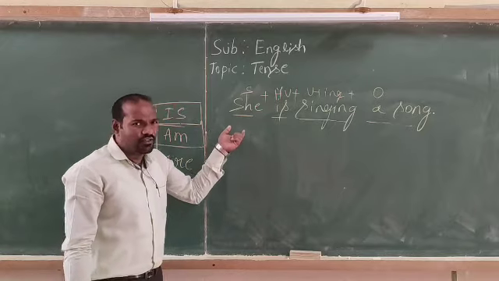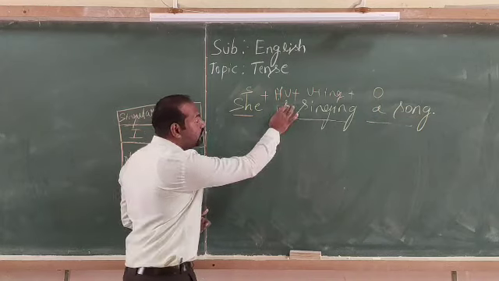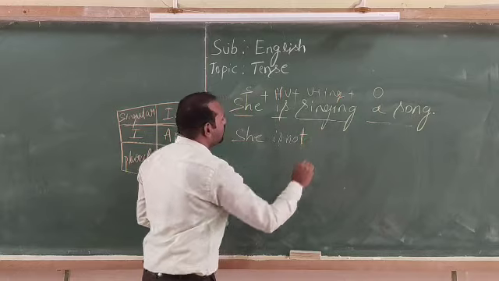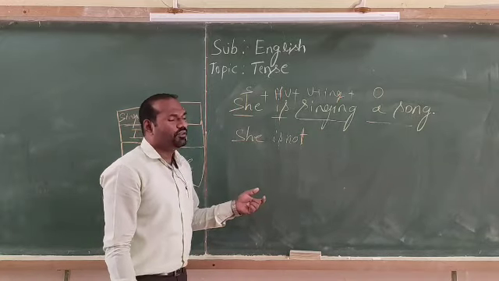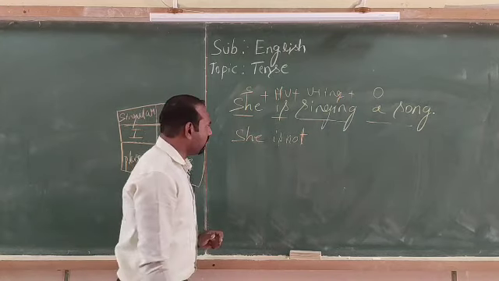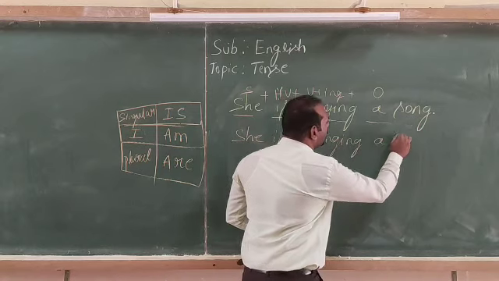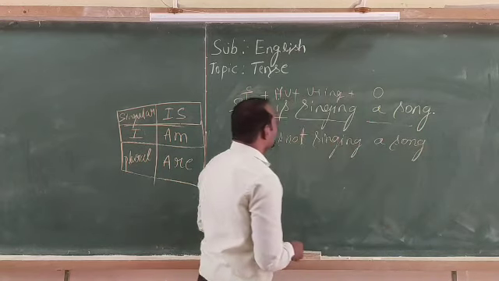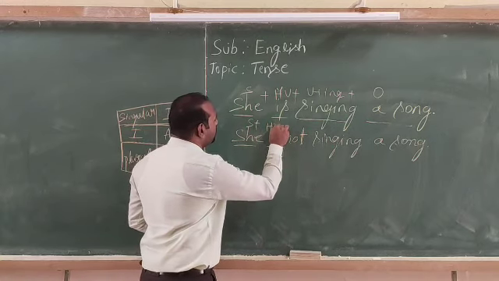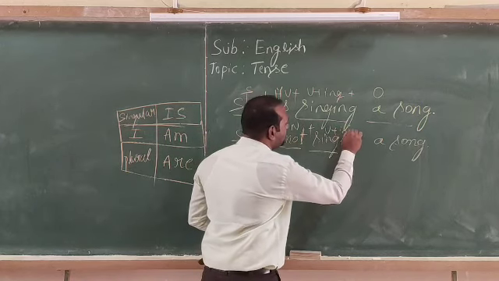So this is an affirmative sentence. Now we are creating the negative sentence by adding not to the helping verb. She is not. Is not is also okay. And if it is difficult to pronounce, isn't is also okay. She is not singing a song. Here she stands for subject, is stands for helping verb, not for negativity, and singing verb plus ing, and